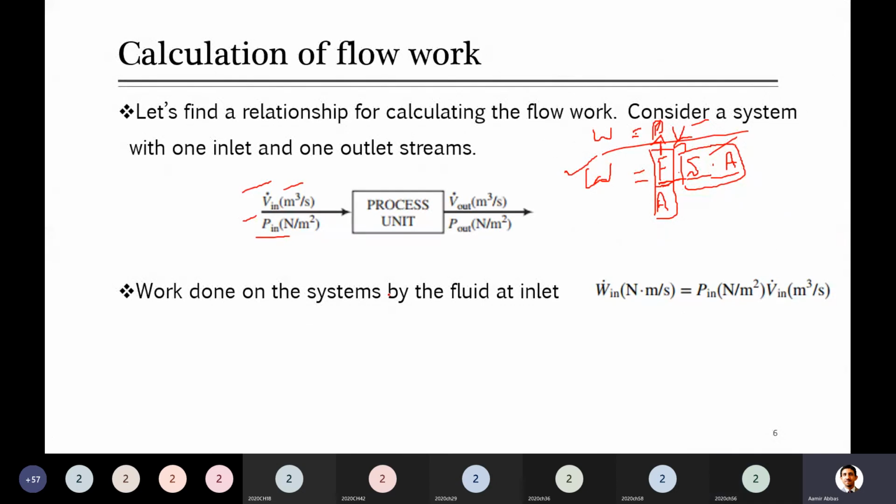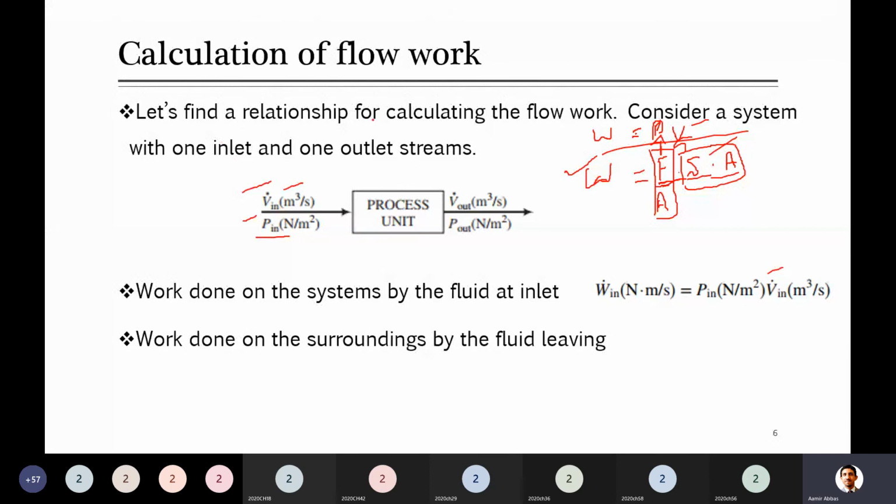Volumetric flow rate. Yes, it means that instead of volume, I will come back to that point. In an open system, fluid keeps on flowing with respect to time. It is not that 1 liter was entered and we stop. No, it is like 1 liter per minute, 1 liter per hour, or so on. So when it is volumetric flow rate, it means pressure times volumetric flow rate instead of volume, so it will be work done per unit time. Work will be in the form of per unit time.